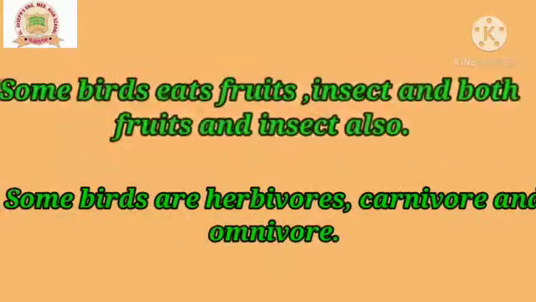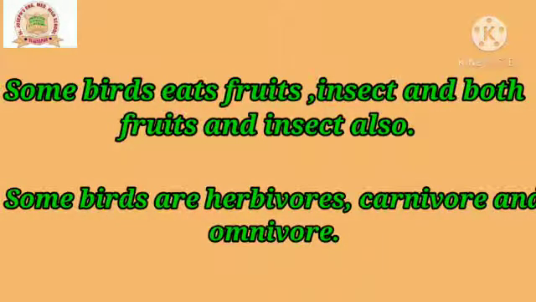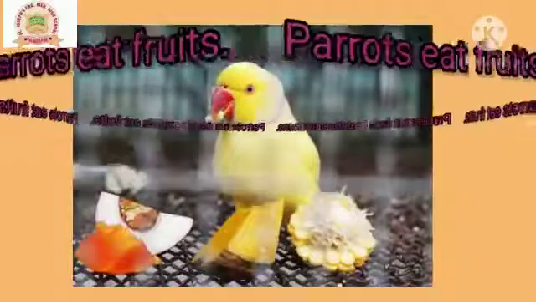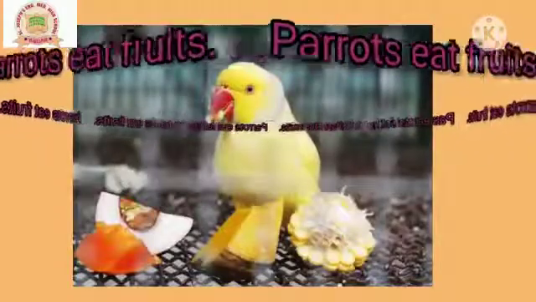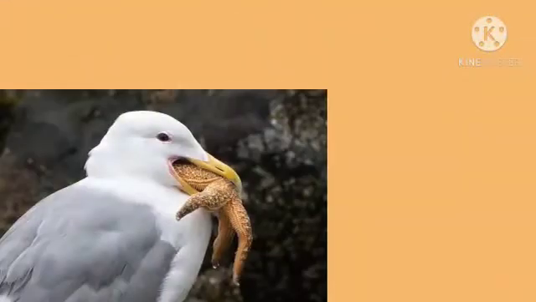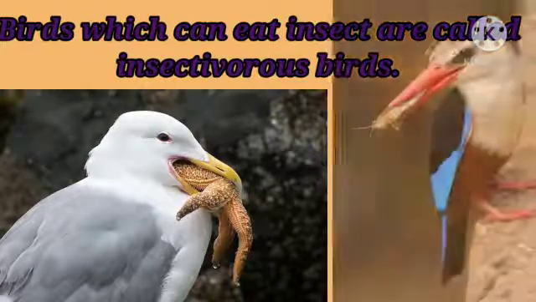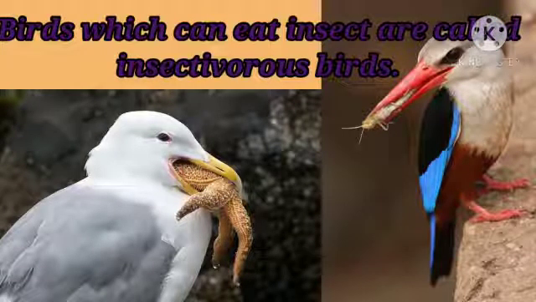Now the birds can eat fruits also, insects also, and some can eat both. Means some birds are herbivorous, some are carnivorous, and some are omnivorous like animals. Now see the parrot, it can eat fruits. So the parrot is a frugivorous or herbivorous bird. Means the birds which eat only fruits or plants are frugivorous. Now the birds which eat only insects are called insectivorous birds or the